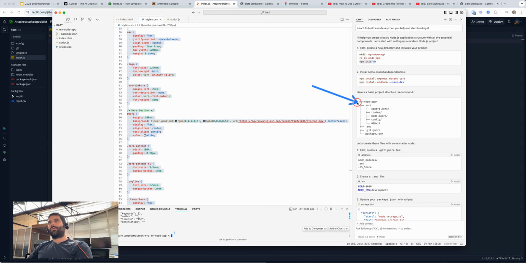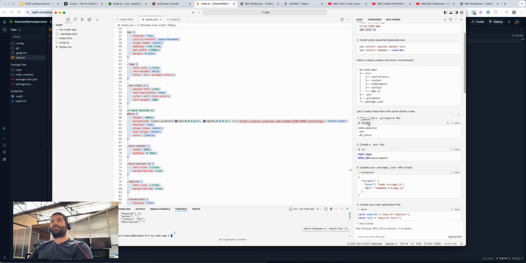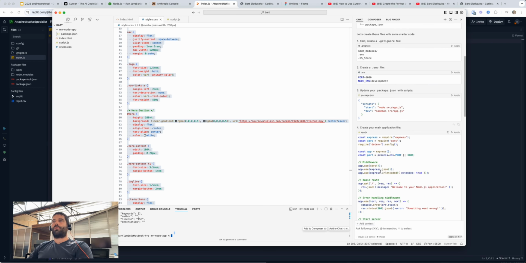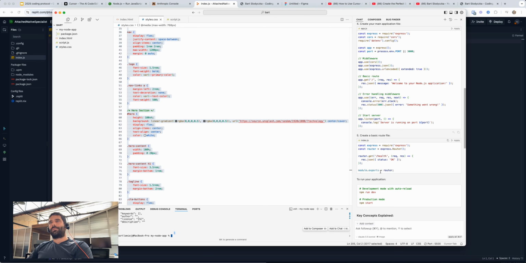And you can see this is already an example of how to structure your folders. Because it can't really create the folders for you, at least just yet, it'll just show you what kind of folders you need to add into your project. So if I was a bit more specific and I said I want to create an app that would do X, Y, and Z, it would also start writing those files for me and doing everything. But yeah, this is an example of how to get started.